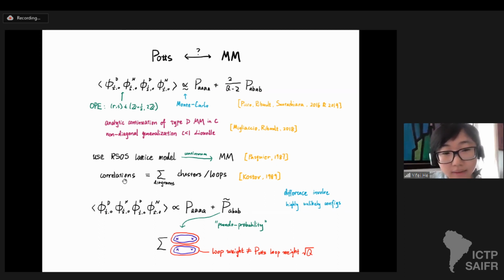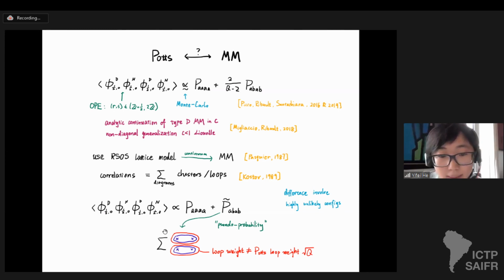And then we can use this to write this 4-point function and compare with this. So what we found is we focus on this 4-point function considered by these authors, and we find that it's given exactly by this kind of Potts cluster configurations, but the quantities are not exactly the same. The first term is precisely the Potts probability PAAAA, and the second term, which we call a pseudo probability, is